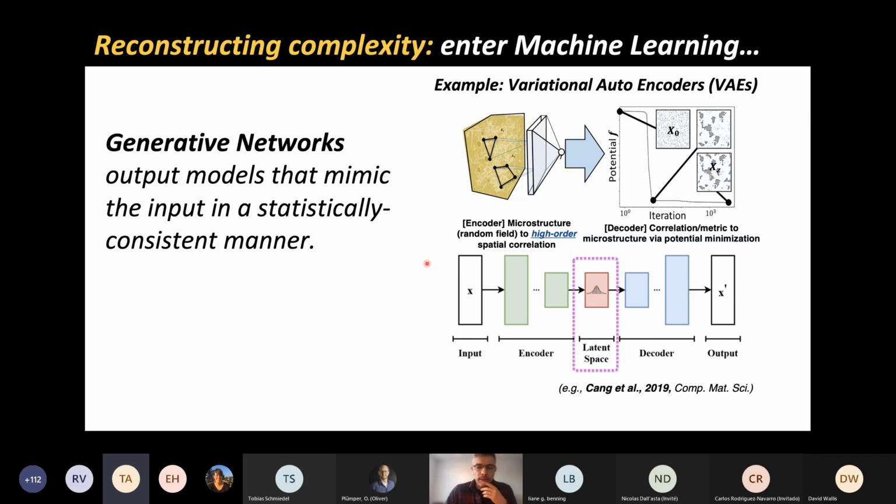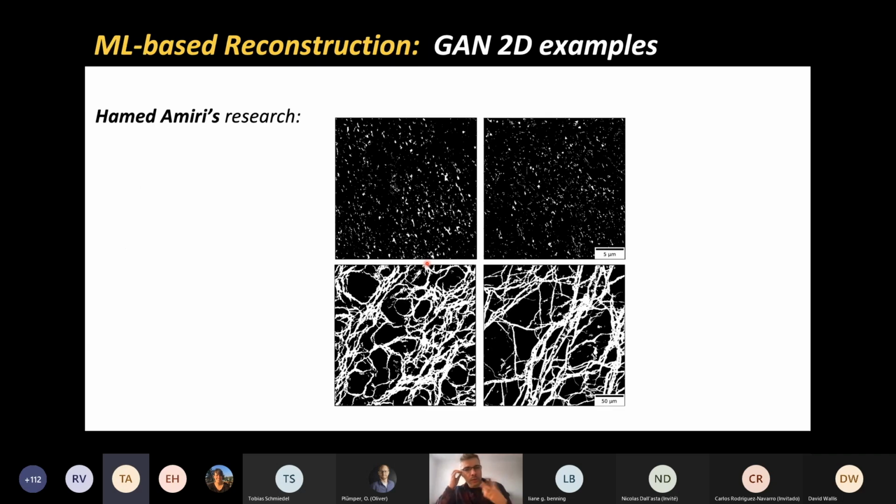So how does this work? Does it work well? Let's look at an example from our very own Hamid Amidi, one of our PhD students. Here you have two sets of images. Top is a feldspar-rich material, correct, Ollie? I don't know very much about these rocks, and I think the bottom is a serpentinite. Is that correct? Correct. Yes. Left and right are different versions. One of them is real, the other one is fake. It's generated by, in this case, a generative adversarial neural network, which is a type of generative neural network, not the same as the autoencoders I just described.